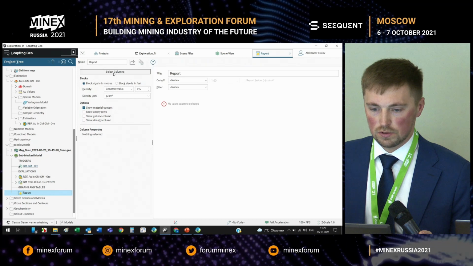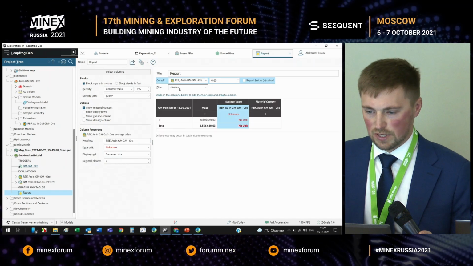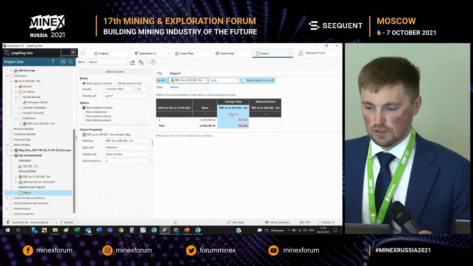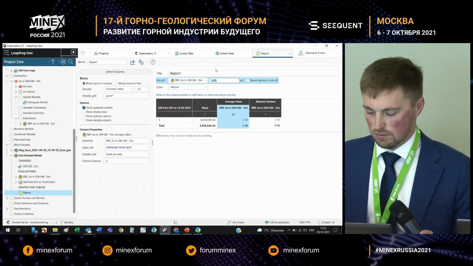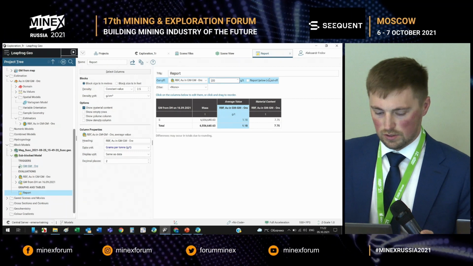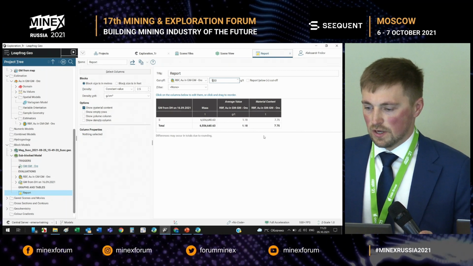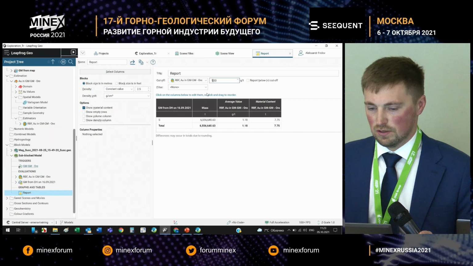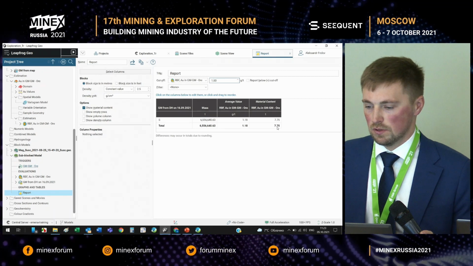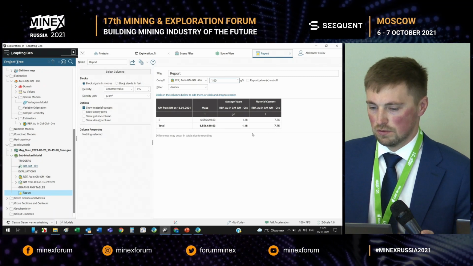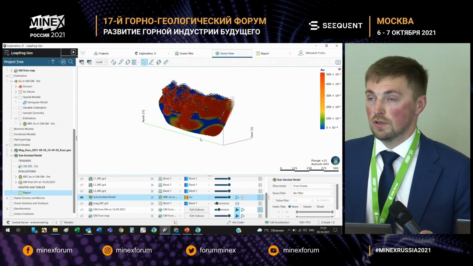And then we can generate a report on this ore body, on this ore deposit. We can also choose the parameters, then set the units for measurement. And we'll have the calculations of the ore content, 1 gram per ton. This is information on the resources of this site on the parameters that were set, mainly by default. So they are here in this area, about 8 tons of the useful component. Here I want to stop this.